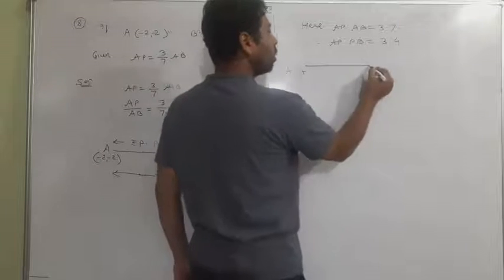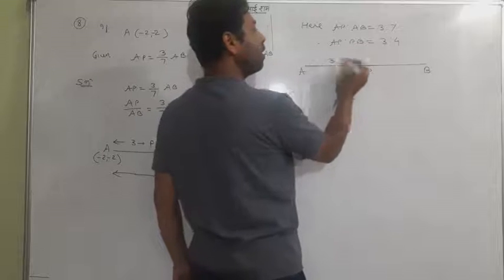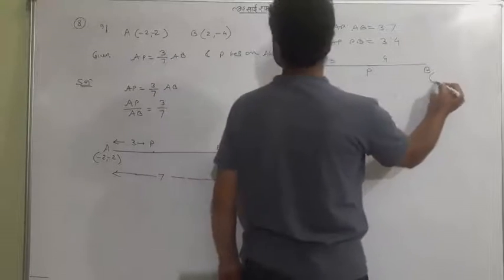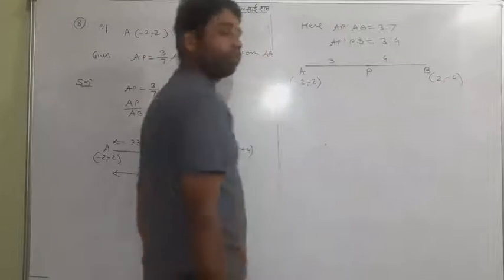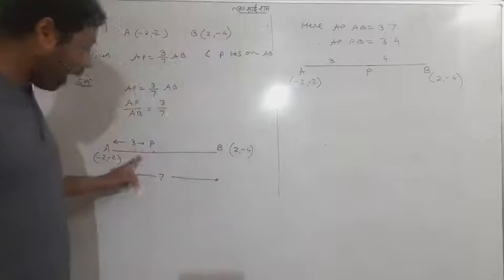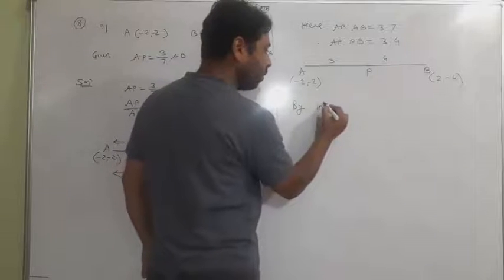Now the situation is going to change. This is P and this is B. AP is a 3 and this is a 4. This A is (2, -2) and this B is (2, -4). Now the scenario looks like an internal division. This was an external division, so it is very easy. By the internal division formula,